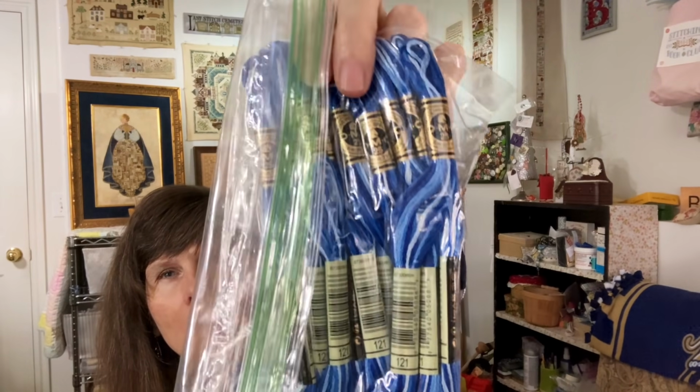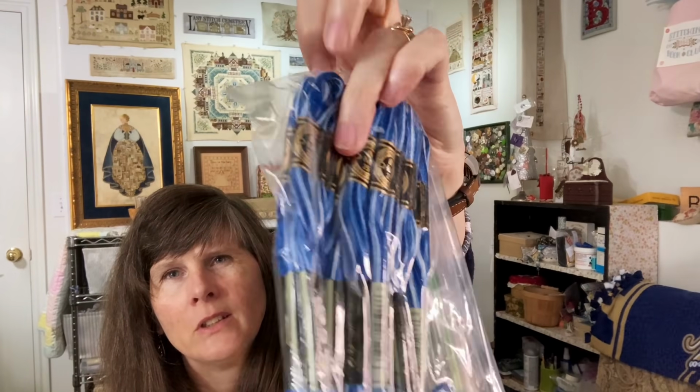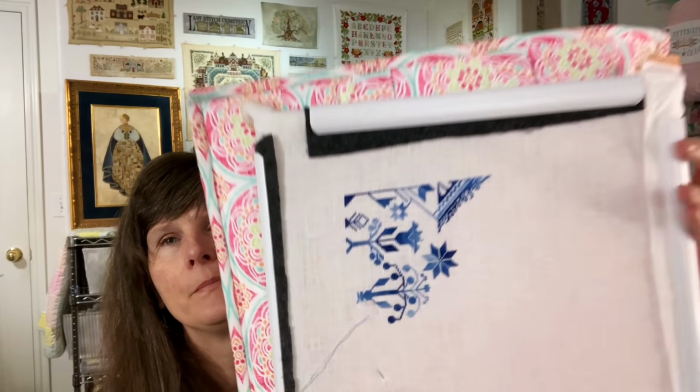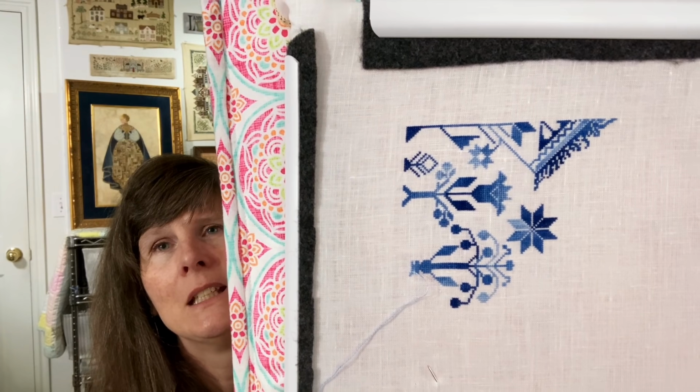This one is the Zimmermann Coverlet by Modern Folk Embroidery. I am using DMC variegated 121 color. You can see how it goes from light clear to dark, a lovely blue color. This is what I have so far. This is